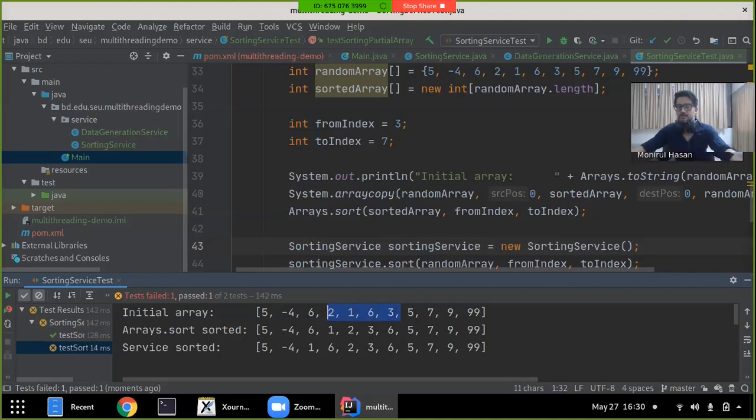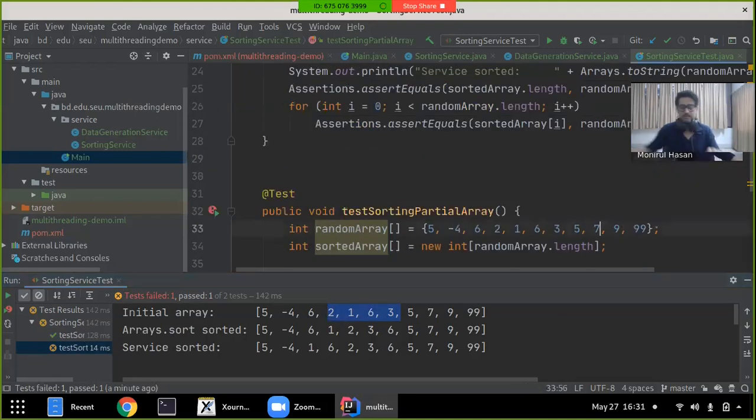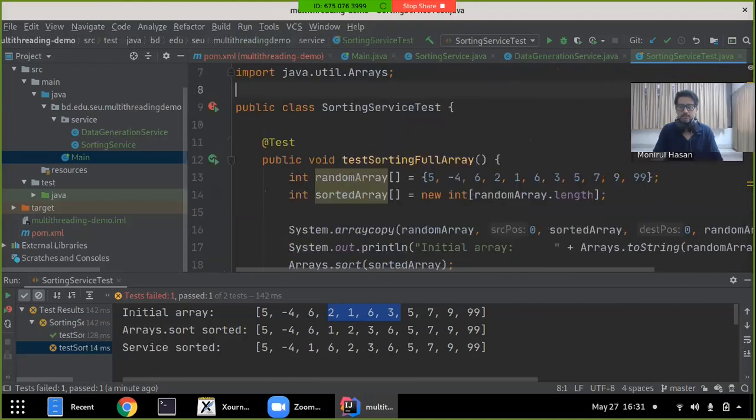1 is less than 2, and 3 is less than 6. So this part is sorted, but after that, it didn't really touch. Although it's kind of misleading here. So let me change the numbers a bit. So 9, 2, and 9, 2 up there. Like the last few elements, they're already sorted. So we probably get a fake sense of relief, I think. Yeah, I don't know why I'm making changes like this, but